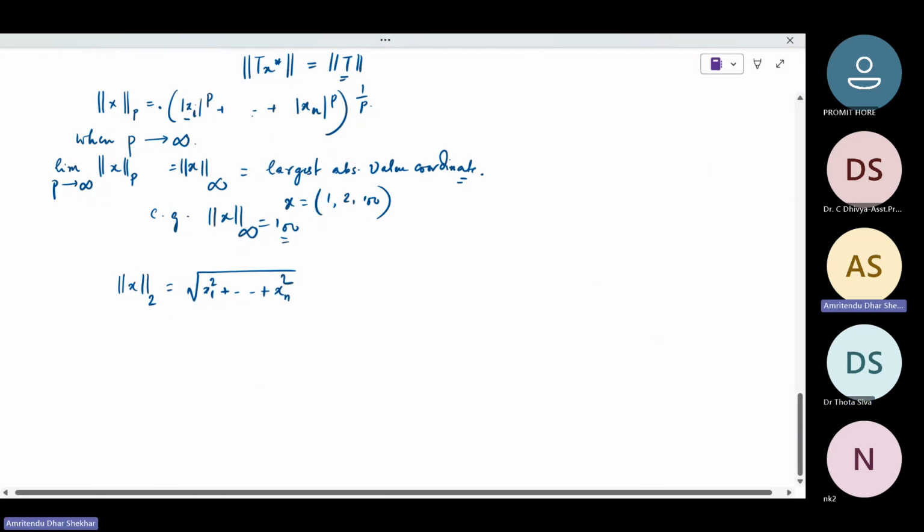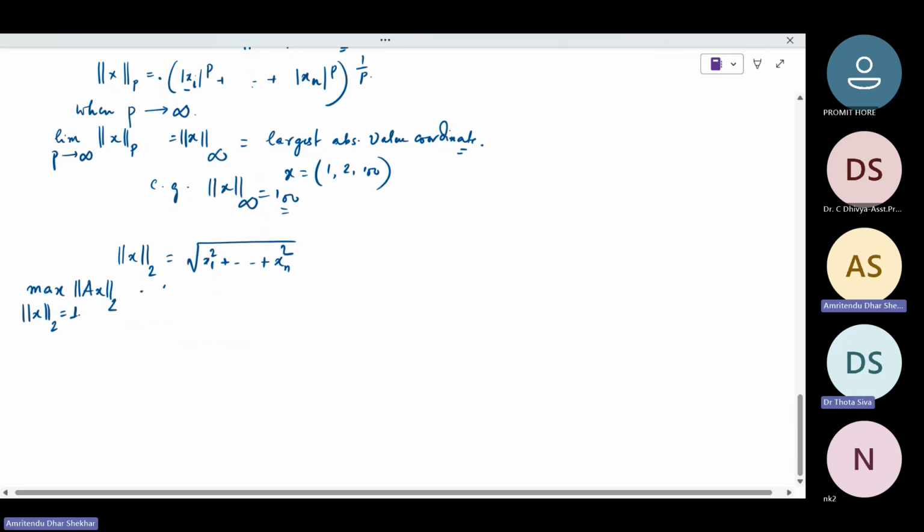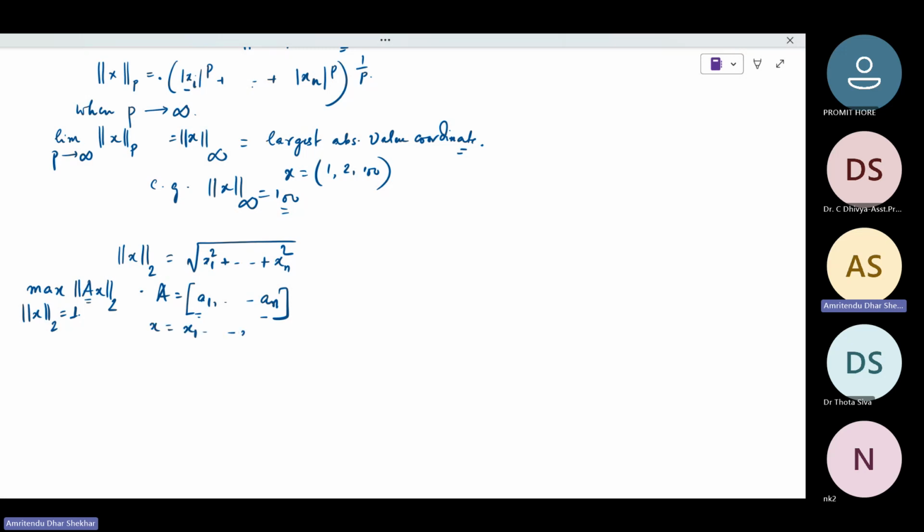Yes, agreed. This is the two norm, right? So what is this max? If you write A as A1 up to AN, so these are the columns basically, then AX, and if you write X as X1 up to XN,